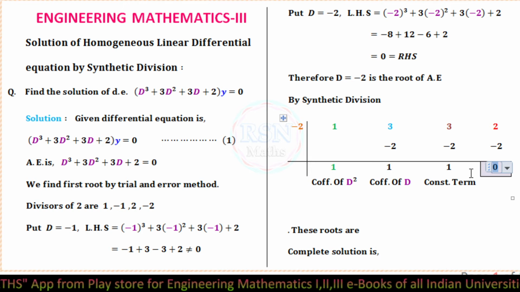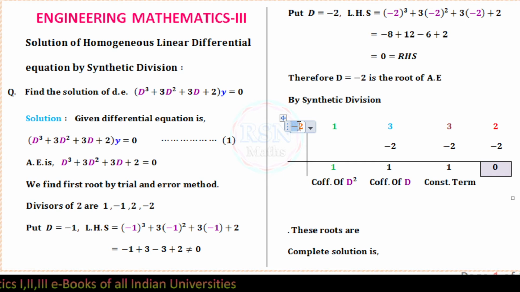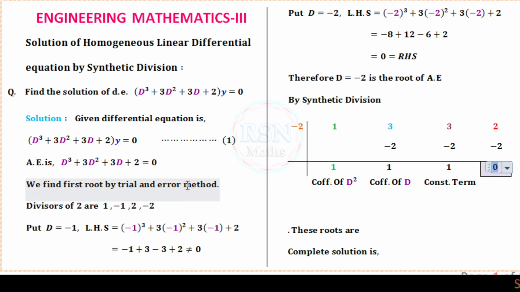सबको समझ में आया है क्या सिंथेटिक डिवीजन कैसे करना है? पहले जो रूट d इज इक्वल टू माइनस 2 ट्रायल एंड एरर मेथड से फाइंड आउट किया था, वही एलिमेंट यहाँ लेना है, d इज इक्वल टू माइनस 2. और जब d इज इक्वल टू माइनस 2 रूट है तो 101% यहाँ 0 ही आने वाला है. ठीक है, सो वी कैन राइट दिस एक्सिलरी इक्वेशन d क्यूब प्लस 3d स्क्वायर प्लस 3d प्लस 2